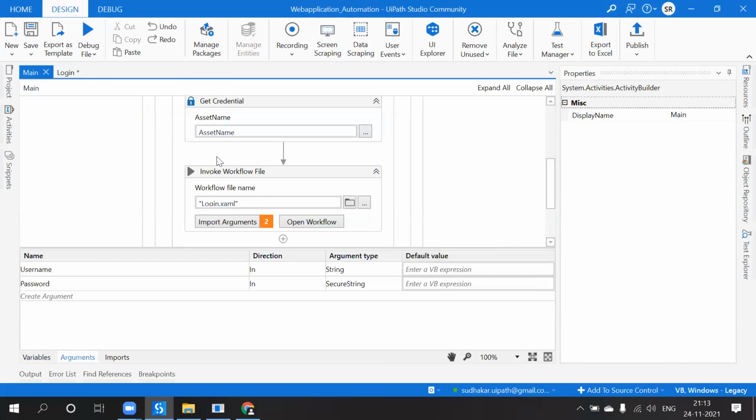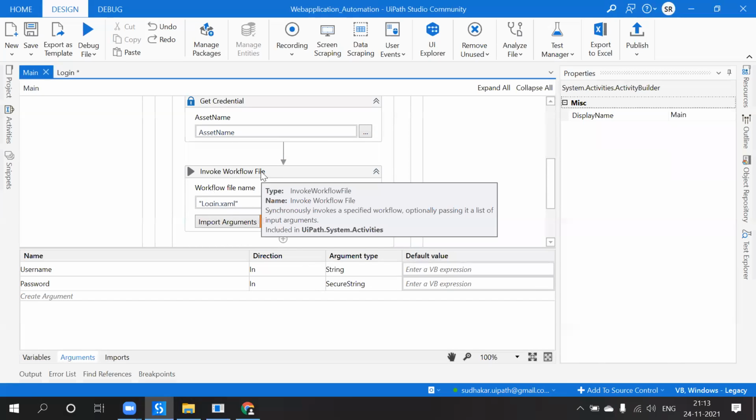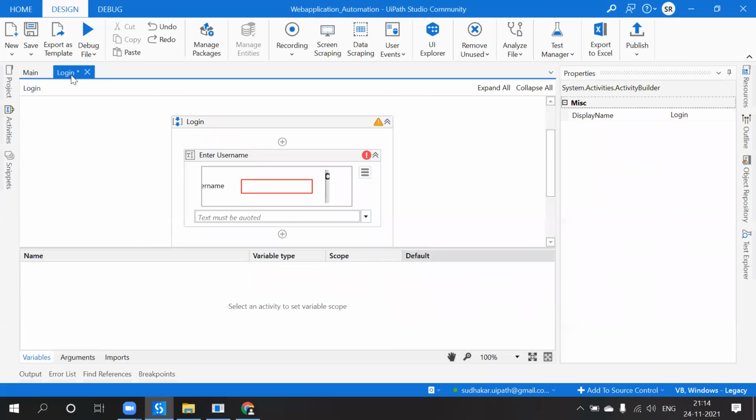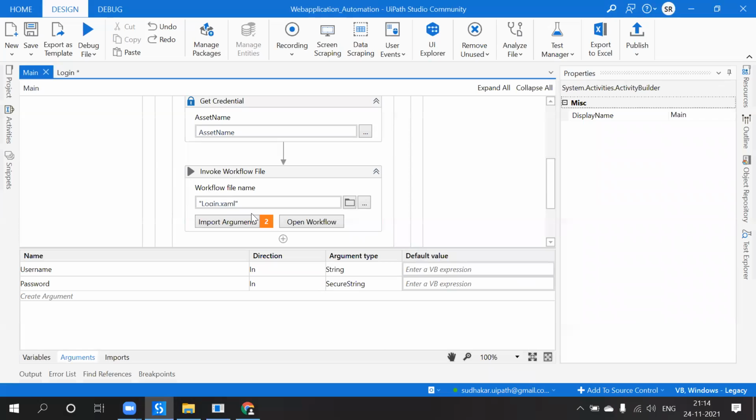So see, in this it will become arguments, like now where we are calling this workflow. And see, this is called the main workflow. From the main workflow we are calling a sub workflow, that means another workflow. When it comes to the main workflow, it is called arguments.